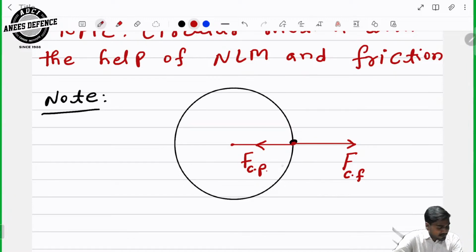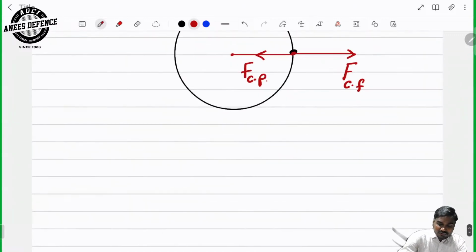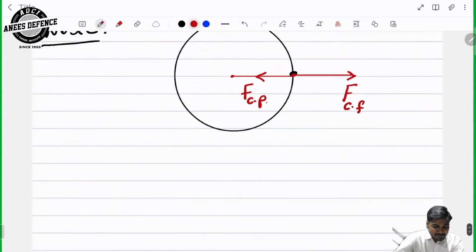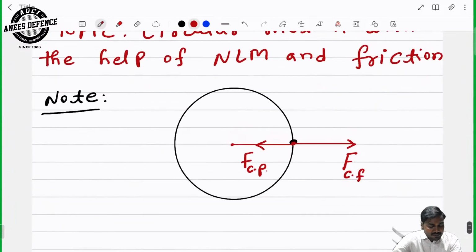A force which will act towards the center is known as centripetal, and a force which will act away from the center is known as centrifugal. So towards the center is centripetal and away from the center is centrifugal. So just remember, listen. In case of circular motion,